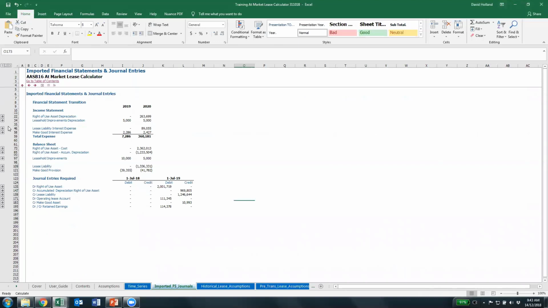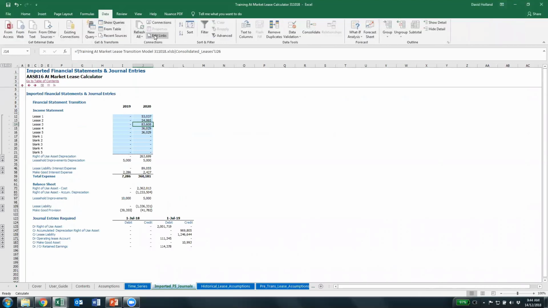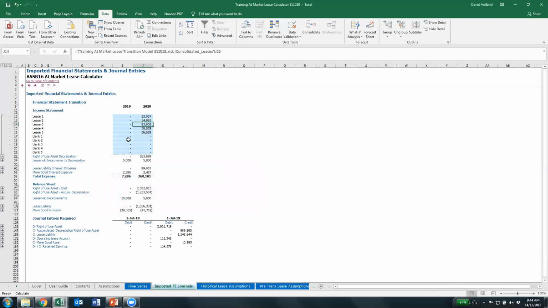Imported FS journals. You'll see down the side here that these are all collapsed. You can open these up and you'll see there that we've got 10 leases coming through. Now these are all formalised. The way to bring all this information through is to click Data, Edit Links, Change Source, and to make sure that you have linked your transition model. So you change the source, find the transition model in your directory, then close,